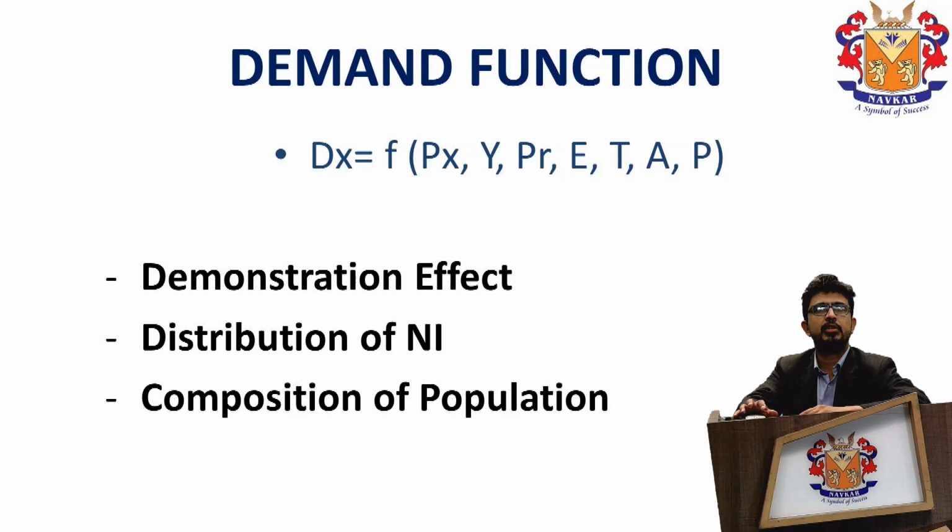For example, when the price of coffee increases, the demand for tea is going to rise, because those who were consuming coffee, some of them will now start consuming tea as coffee has become expensive. Price of the complementary good will have an inverse relationship with the demand. When the price of the complementary good increases, the demand for the product